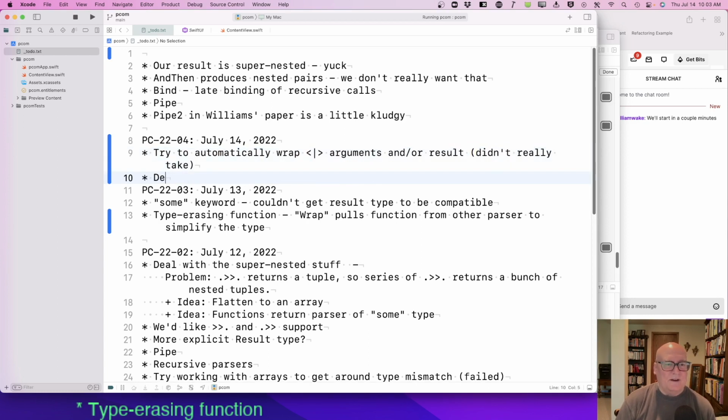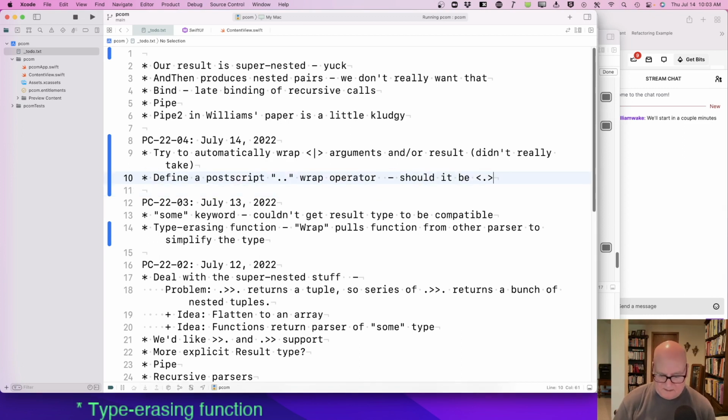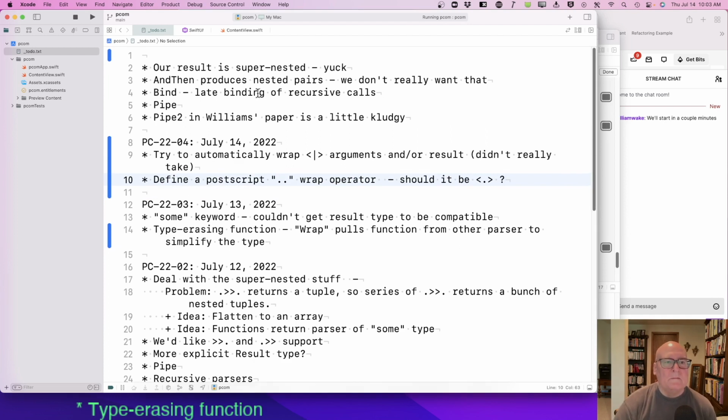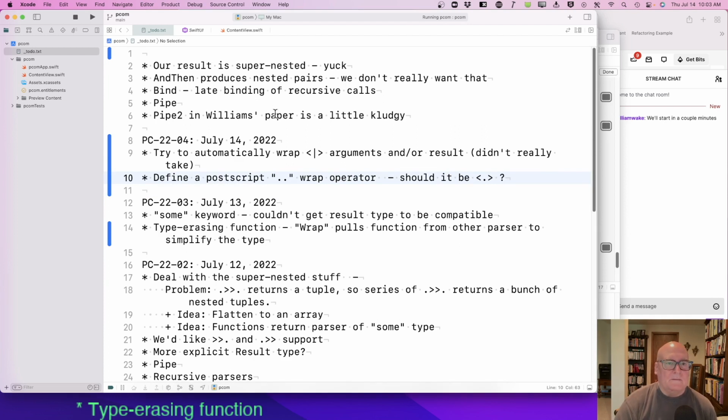And then define a postfix wrap operator. And maybe it should be like the others, to match. Yeah, I think it probably should. Okay. That's not done.